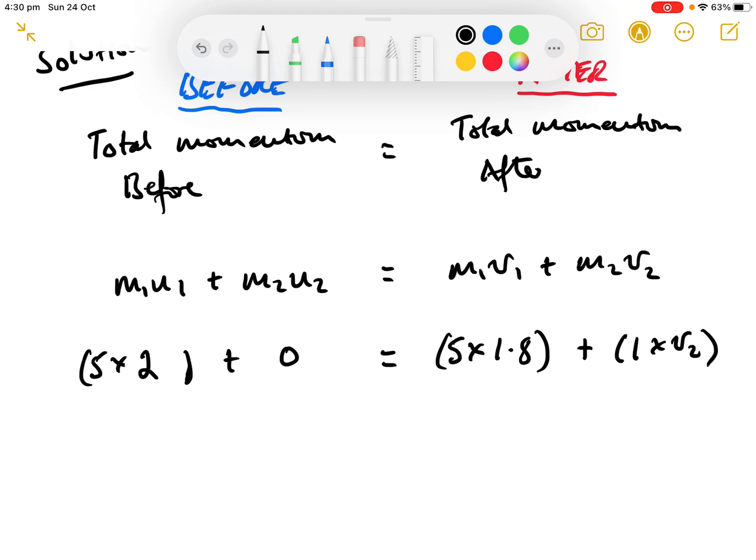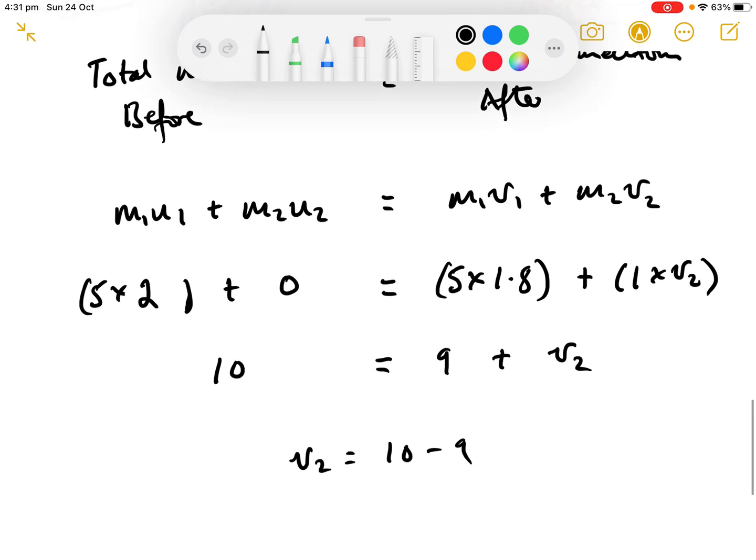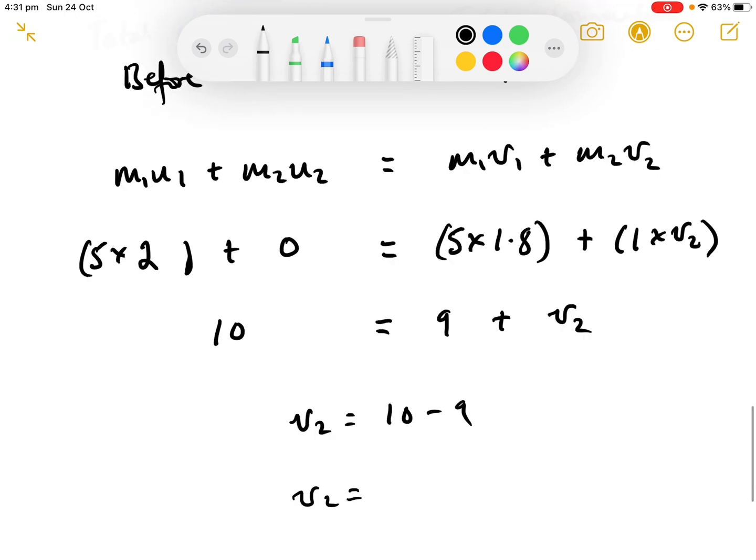So just make sure you get the right masses in the right place. So 5 times 2 is 10, so 10 kilograms meters per second is equal to 5 times 1.8, which is 9, plus v2. So v2 then is 10 take away 9, 1